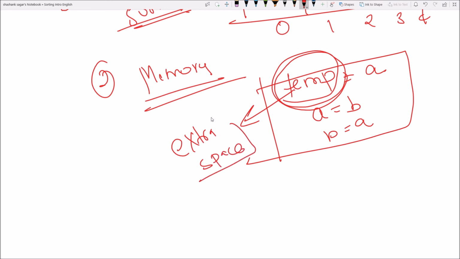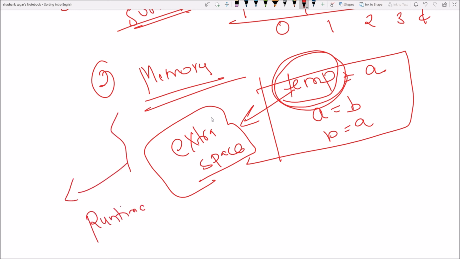Like this, we need to see how much extra space my sorting algorithm is taking. So these are a few of the factors we need to take care of when designing a sorting algorithm. And one more thing, finally we need to take care of the runtime of my algorithm.